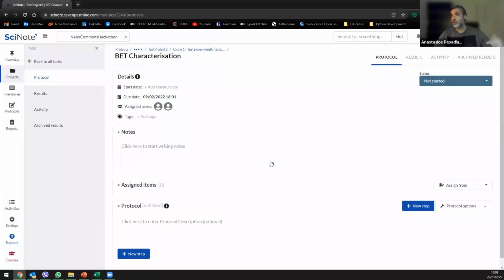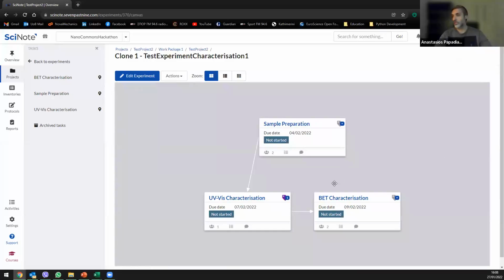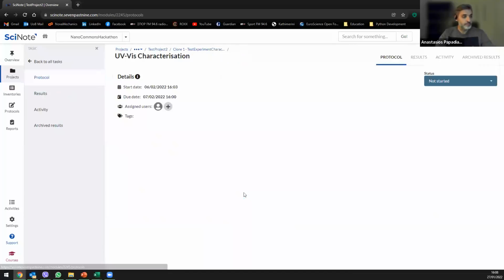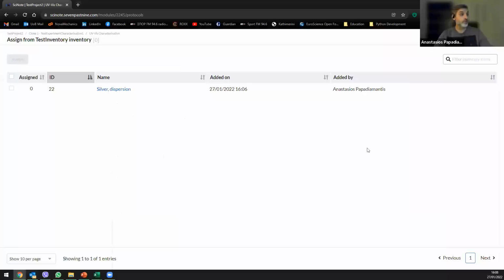So when we add the protocol into a workflow in the specific task, then we add it only for the specific tasks. And you cannot add a protocol, let's say, that will cover the whole experimental workflow. And what I want to show now is that you can assign the samples that you want this task to be used with. So you pick the inventory, the data template you created, and then you pick the sample that you would like to add